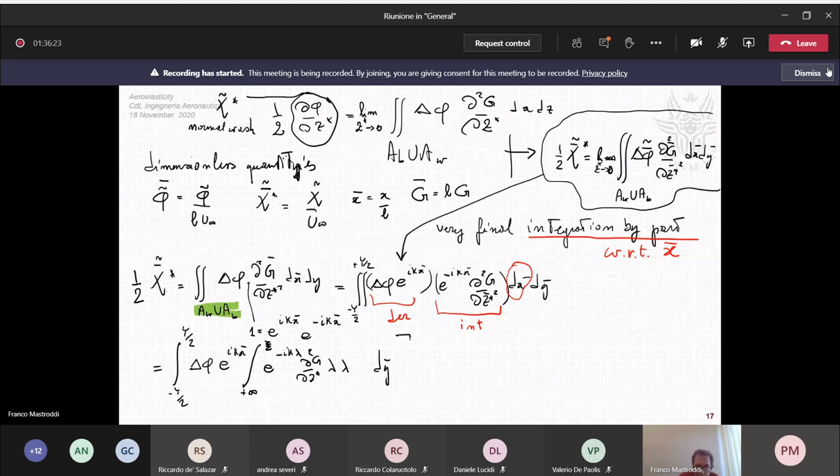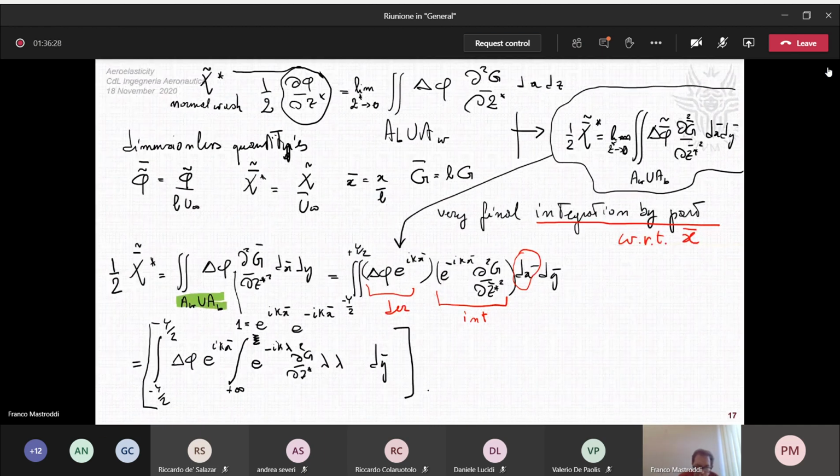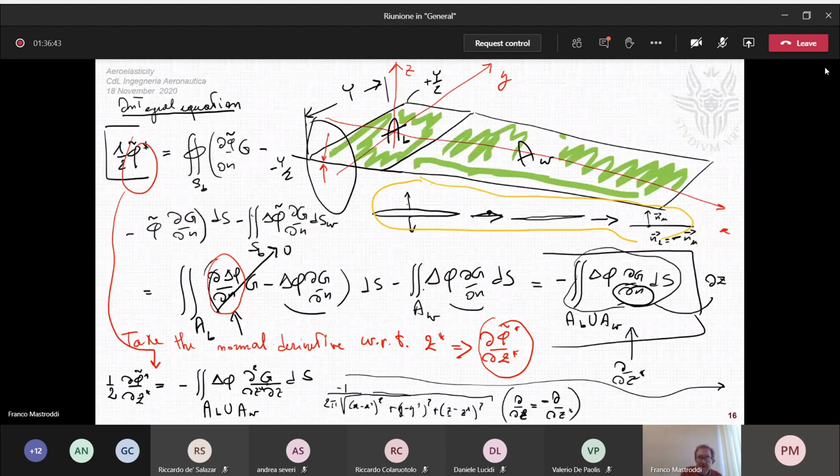And at the end here, I have a function to be evaluated for xi equal to plus infinite and xi equal to the leading edge. Look, I have the x domain, and in the x domain I have the leading edge here, and I have the plus infinite here as x direction, okay? And therefore, when I integrate by part in this direction,